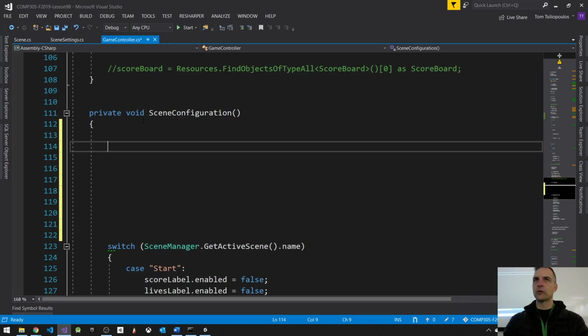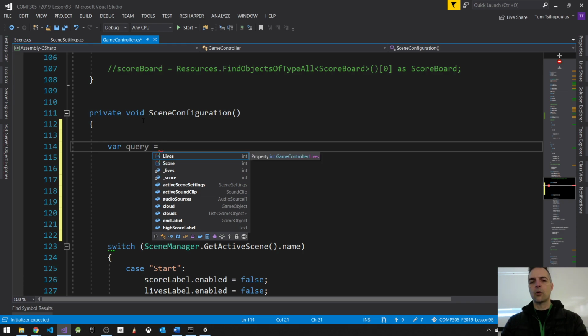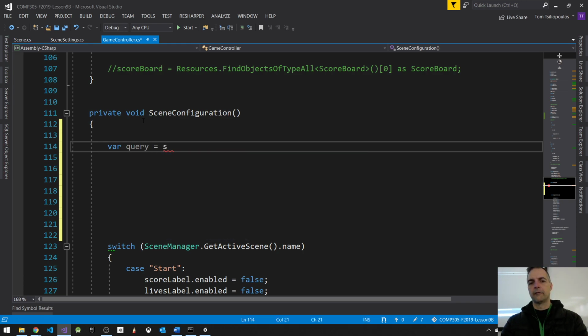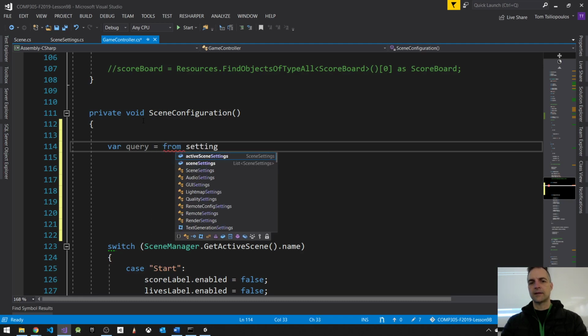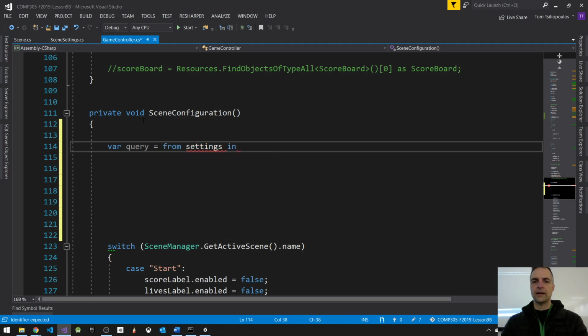I'm going to use the keyword var. Var is not like the JavaScript var. Var is implicitly typed, so it can detect the type. We know it's an IEnumerable, by the way, but I'm using var for a second. I'm going to call this a query, and I'm going to say my query equals from settings in scene settings